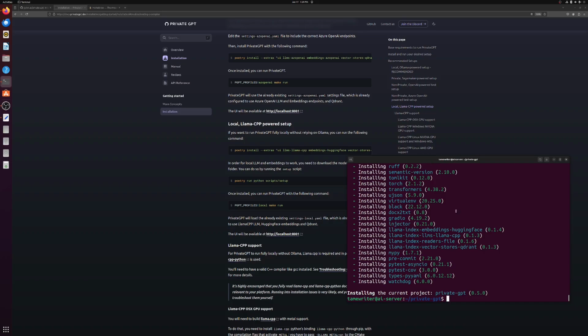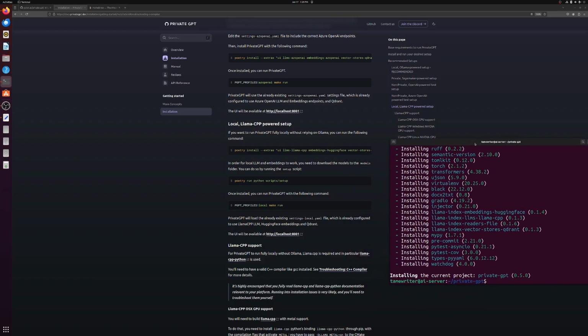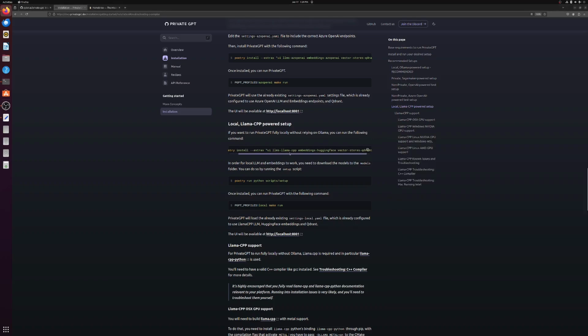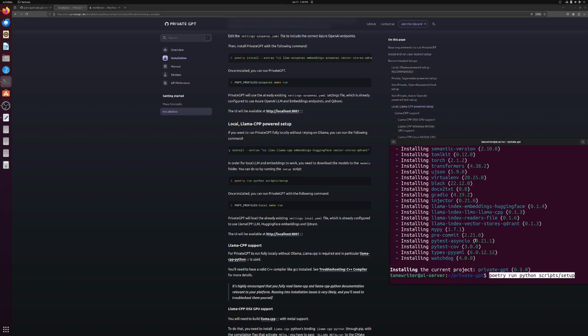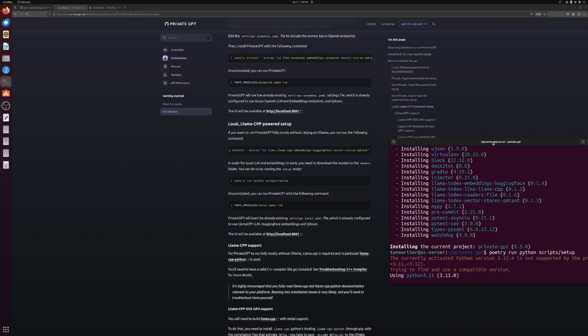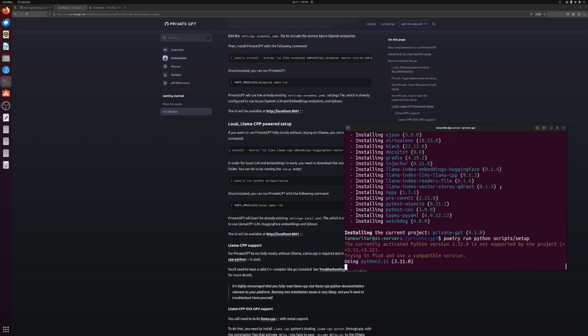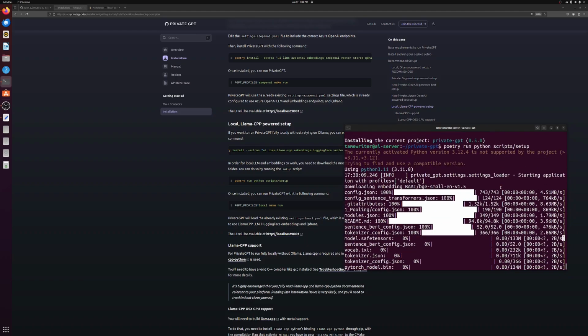Alright, now that mine's finished, you will see this message at the very end if it was successful. And if you want to know pretty much what this did, it's just installing some modules that we are using, specifically like llama-cpp, getting the UI and all that, some of the other stuff for the AI. So now we can just go ahead and run the setup script over here, paste that in and run it. This will also take quite a while since this will have to download the AI model that we're using,